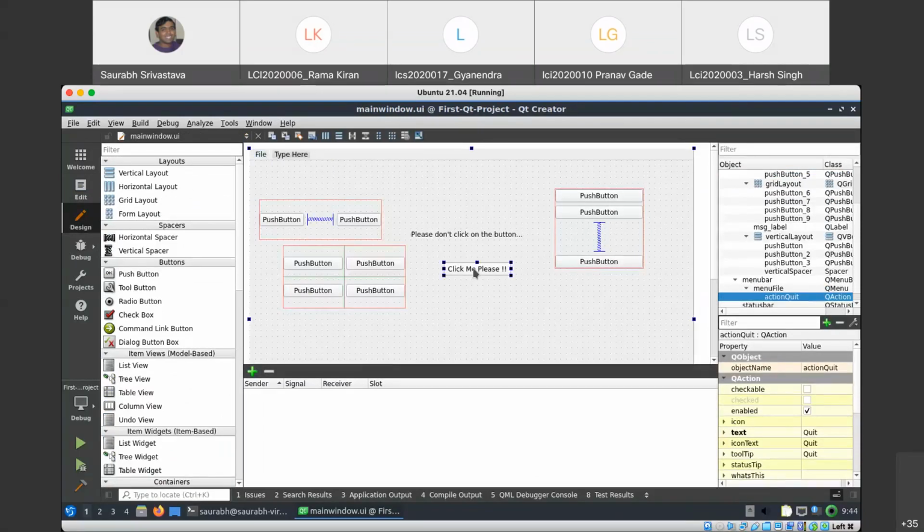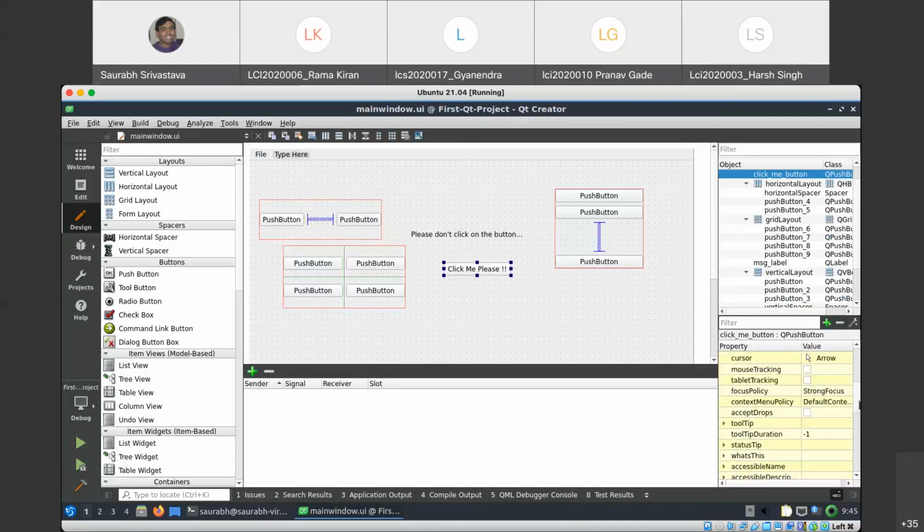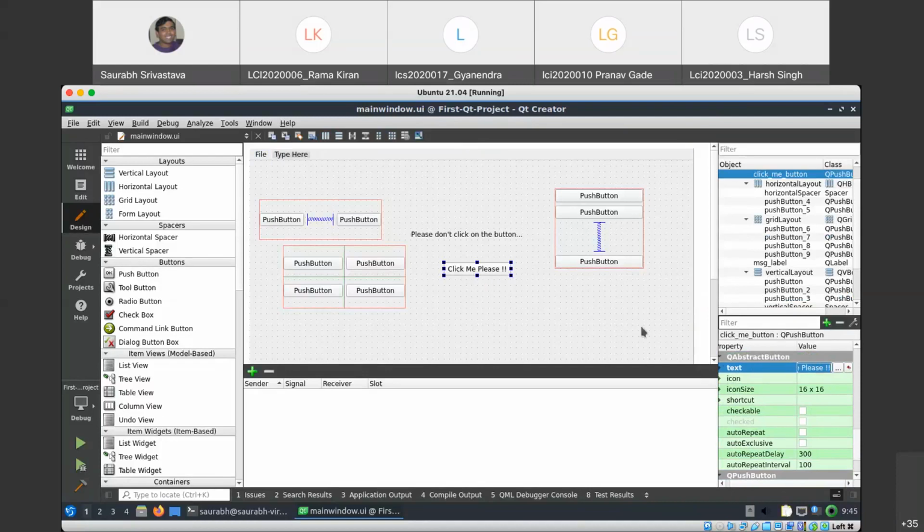Let us say this widget, and there is a property editor on the right here. It has so many properties that you can look at. So for example, if I want to change the text that is being displayed for this button, I can go and do that, saying, I am a button.